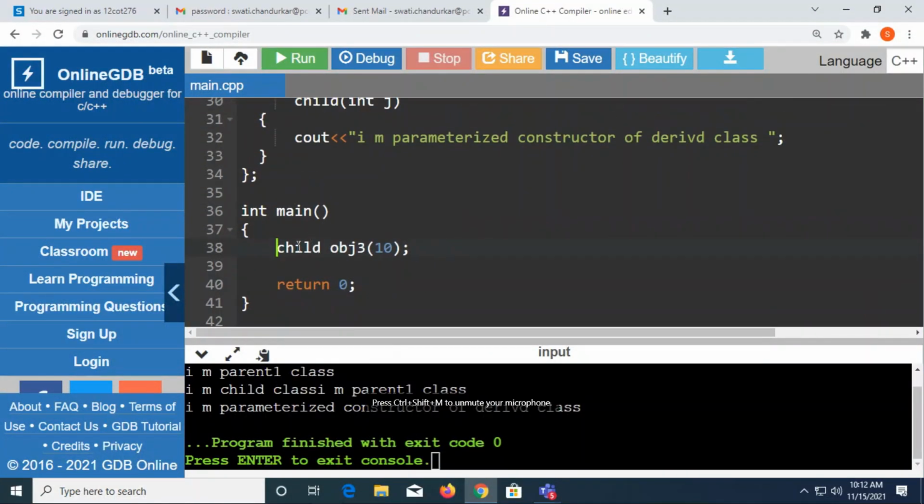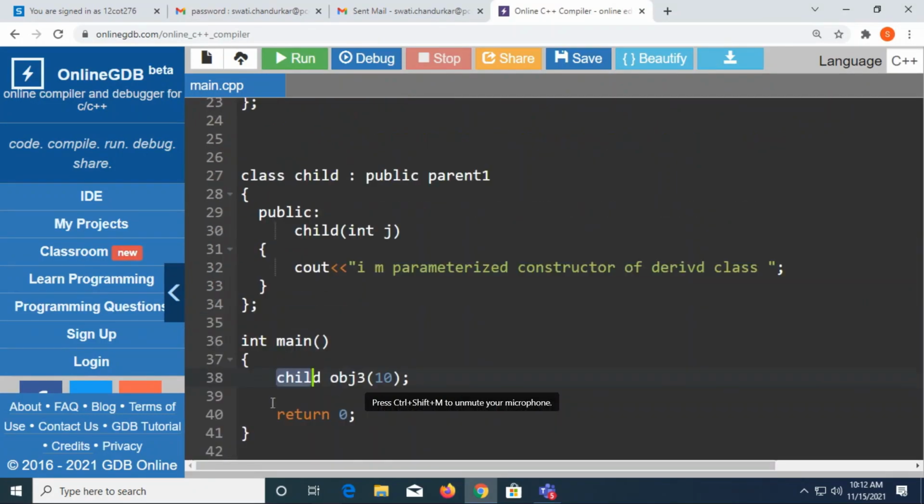Now, from here, when I'm talking about a child object with a parameter, that means when the control is coming here, I am expecting that the parameterized constructor should be there inside my base class, right? Because I am passing the argument.